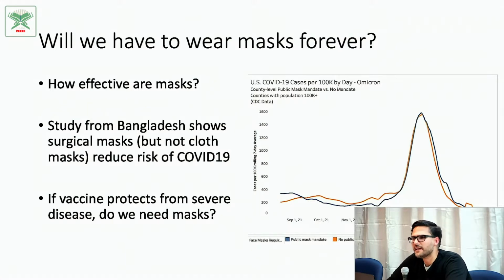And I would also contend to you, if we're thinking this is endemic, this is not going away, we don't wear masks to protect ourselves from the colds that we can get every season, you know? And if we are protected with the vaccine from severe disease, do we even need masks? Now, I will qualify this with one statement. I have also lost friends, colleagues, as well as patients of mine who were vaccinated but were immunocompromised. So there are patients who the vaccine does not work for.